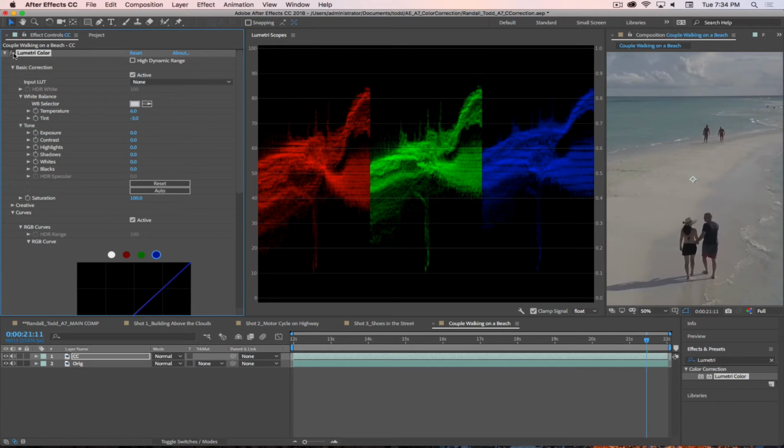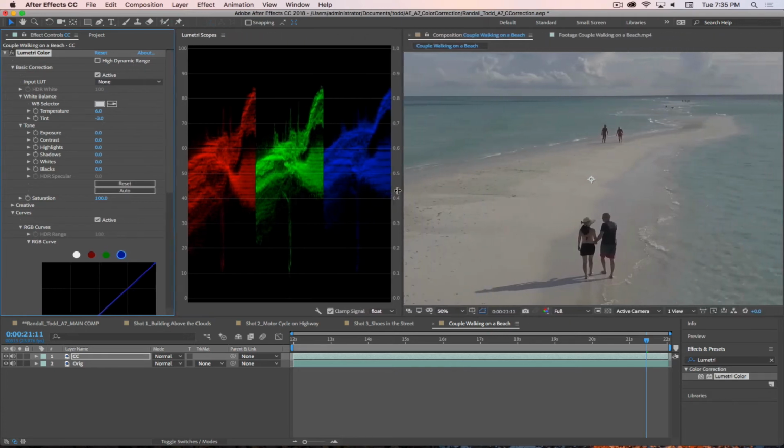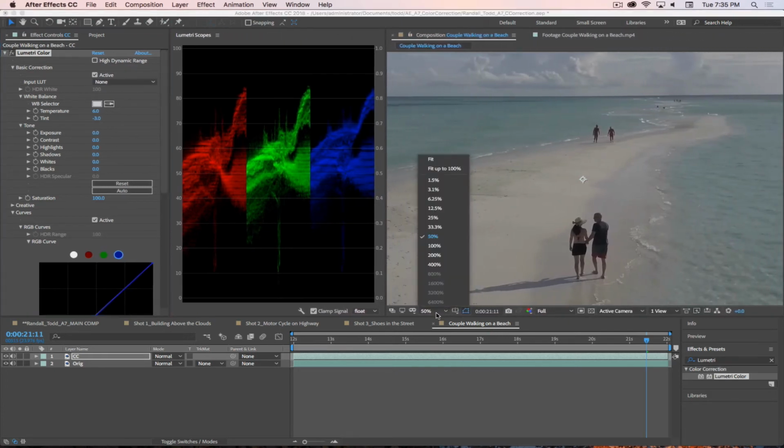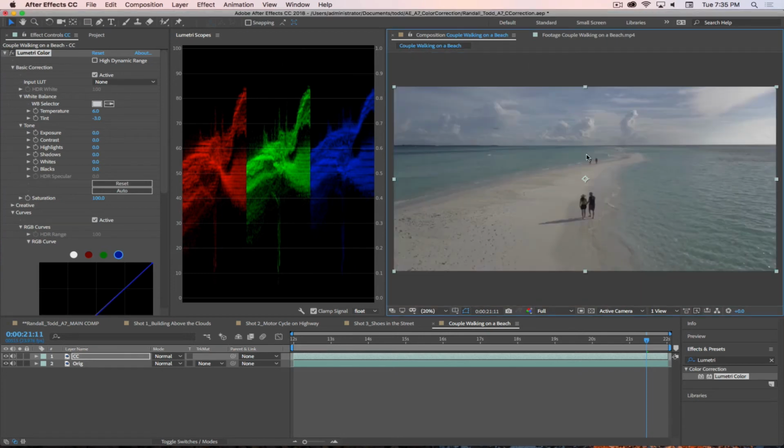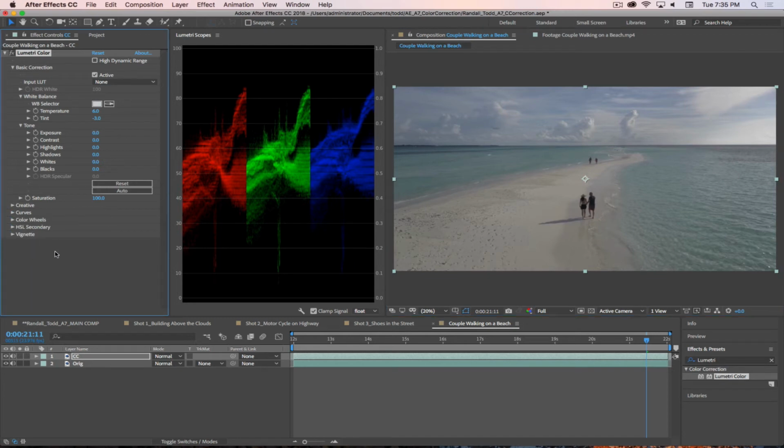Good, so if you toggle Lumetri on and off, you can see that the parades in the white are nice and lined up, and you can see the parades in the dark areas are also nice and lined up, and we can continue working this shot a little bit more. So we definitely need to pull some contrast in this shot because, you can see that the black areas of the image got some ways to go before they're buried. So let's go ahead and give this some nice contrast